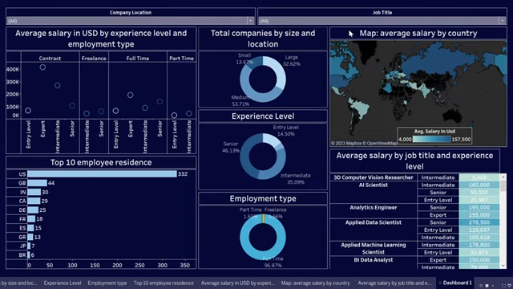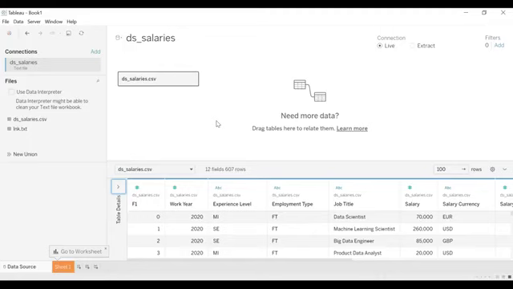In this video, I'm going to create a dashboard about data science job salaries depending on the experience level, employment type, country, and job title. The dataset is a CSV file that you can download on Kaggle, and the link is available in the description. So let's get started. First, we import the CSV file, which is